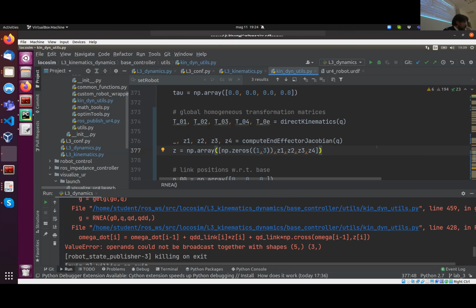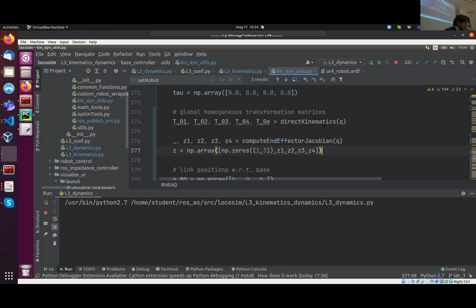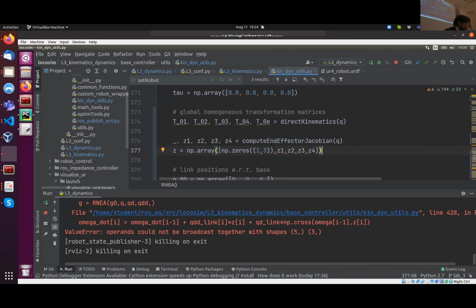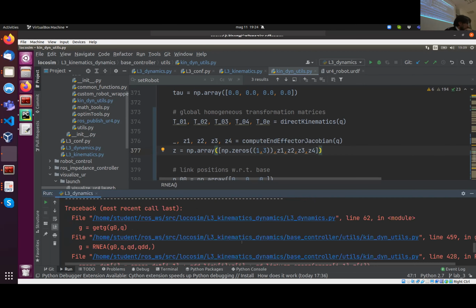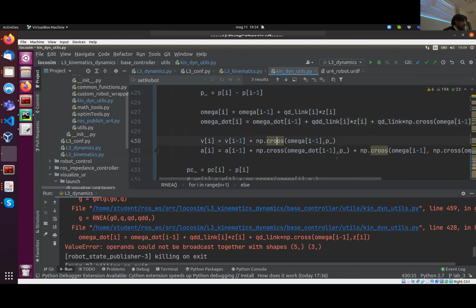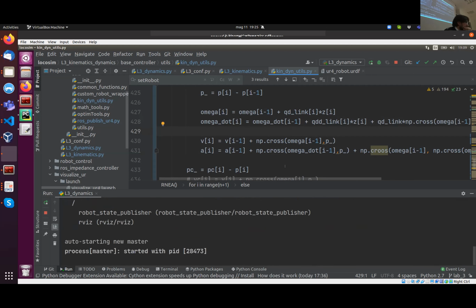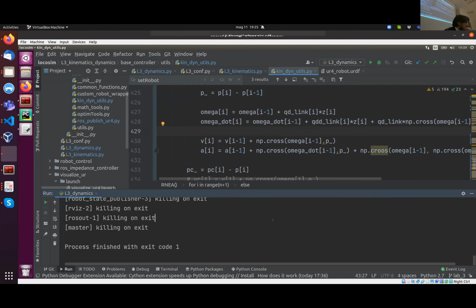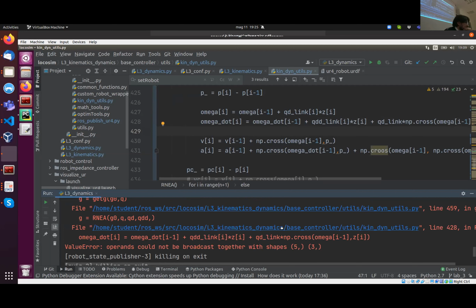Okay. Let's hope there are no more errors. No, the same error. Oh, okay, this is a different one. Oh, but I had, yeah. Well,